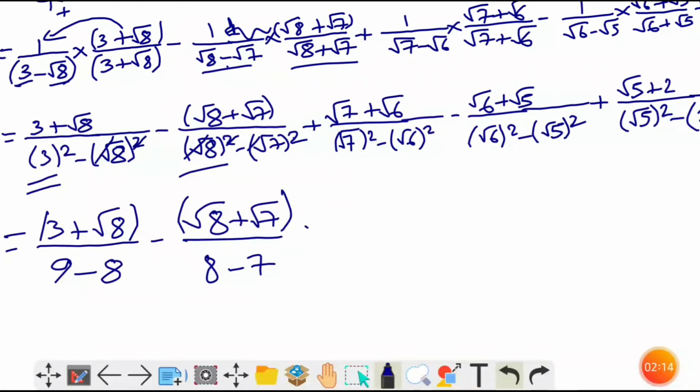Square will cancel the root, we'll have only the numbers. Here we have root 7 plus root 6, and in the denominator again square will cancel the root, we'll have 7 minus 6,